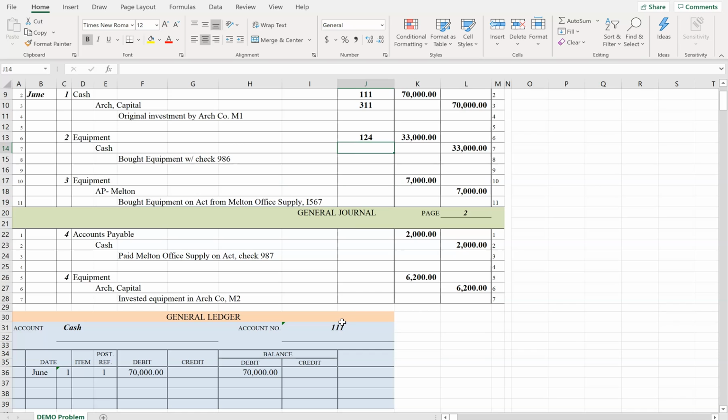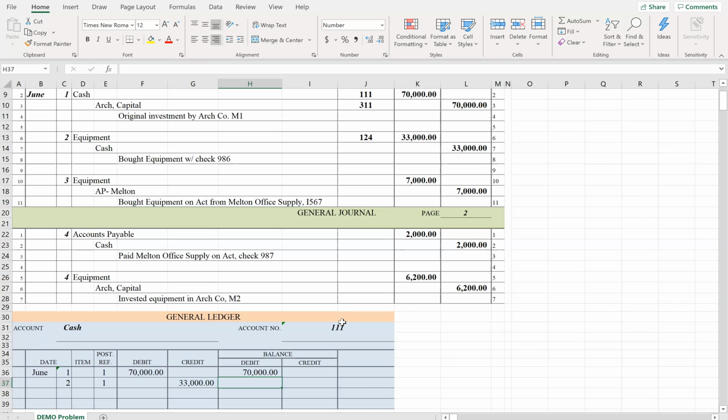We don't need to put in the month, okay, because the month is already there. We don't need to skip a line. You don't skip lines here like you did in the journal, okay? So this one is June 2nd. Post reference is going to be the same because it's on page 1. Credit, $33,000. And I believe I have it formatted so the